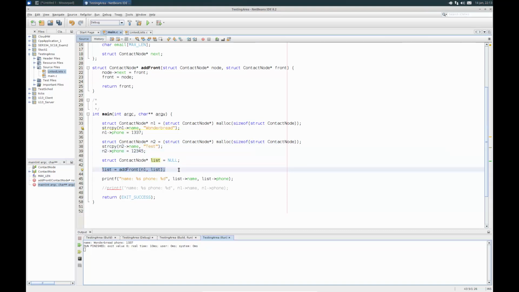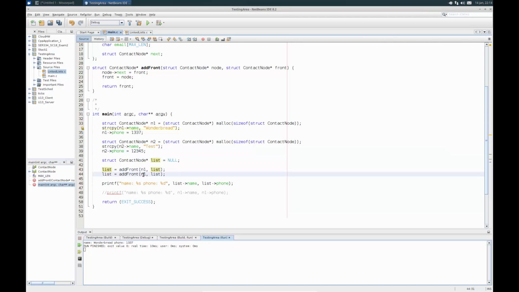So what could I do here? I could do an add front of node 2. Now, if I run this, you can think about the picture in the back of your head. This basically adds a node, and this adds a node in front of it. So if I go and print out list, well, list is a pointer to the first thing in this linked list. So it should actually show me that most recently added thing. It should show me test and then 1, 2, 3, 4 if I run this. Okay, so I'll run this. Hopefully I get that. Okay, test 1, 2, 3, 4, 5.